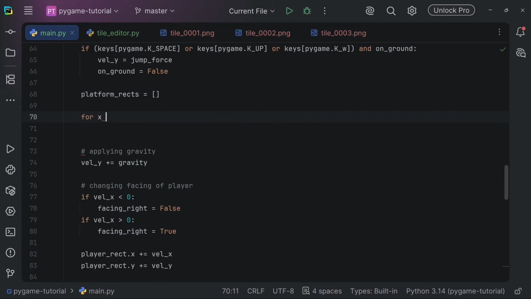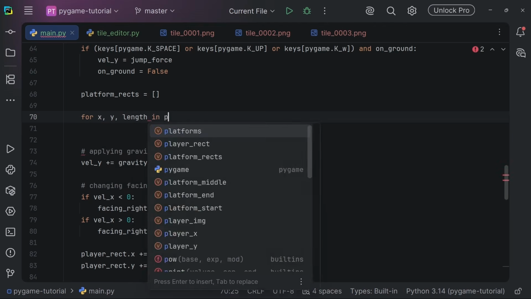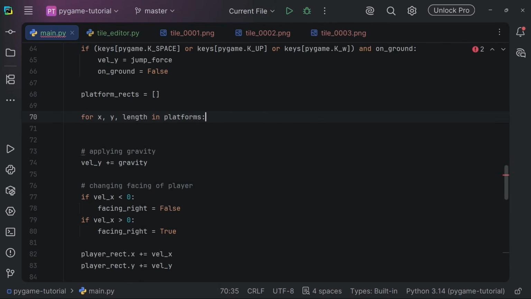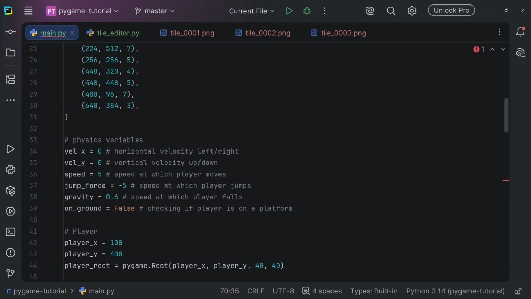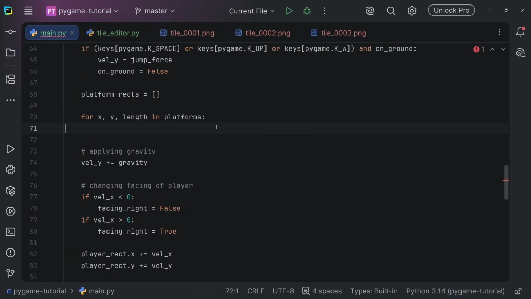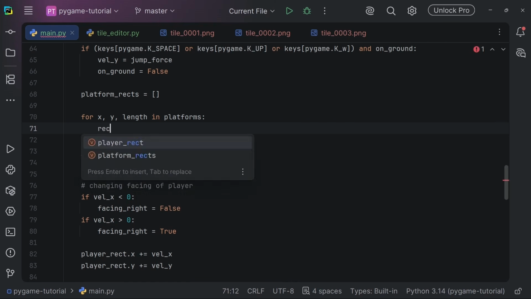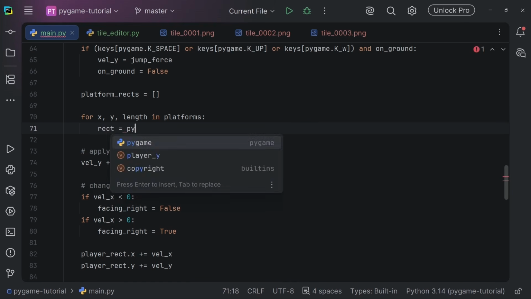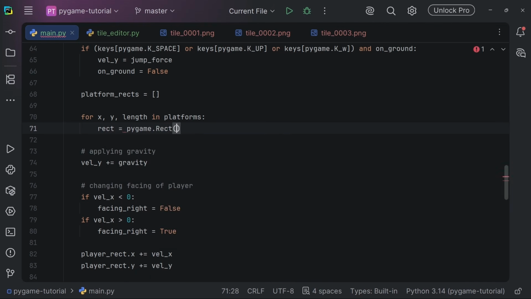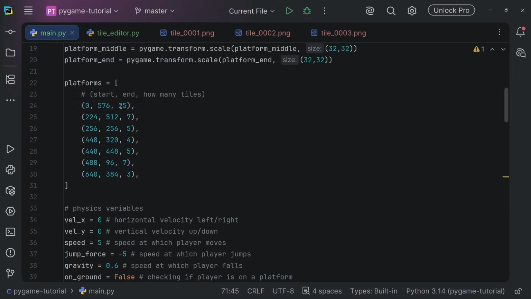So the logic is pretty simple, for platform rects. And again, we take for x, y, and length. So these are 3 things that I have in platforms. So again, platforms looks like this. I have x, y, and width. I'll take those 3 things and I'll create a rectangle. So rect equals pygame.Rect x, y, and length times 32,